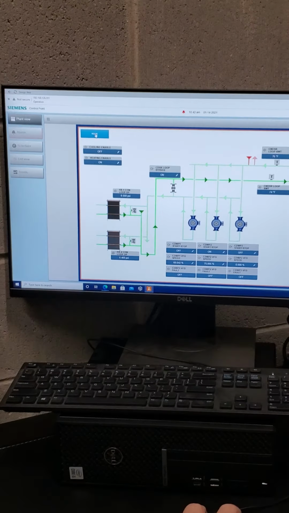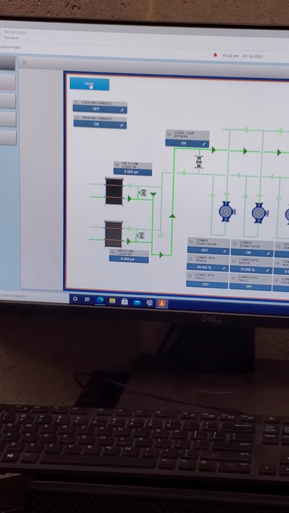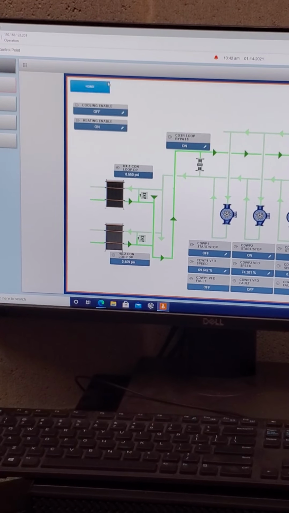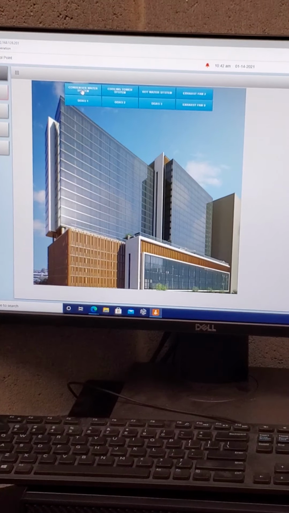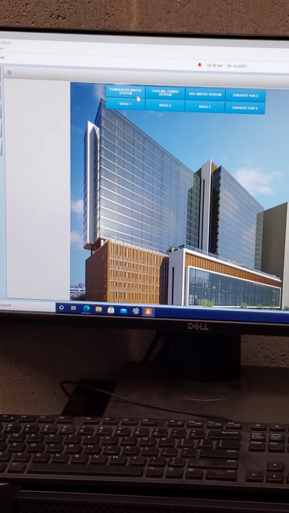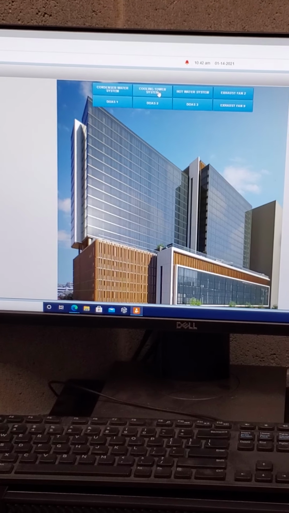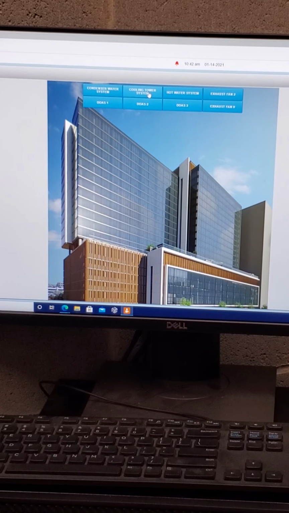These are broken up between segments of the system. So this being, we'll go back to this page. That's being the condenser water loop. You see that shift just happened like I was mentioning. And then the other part, so we got